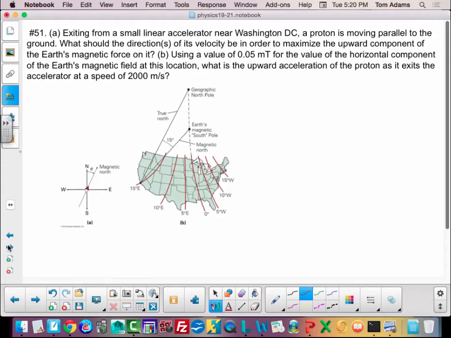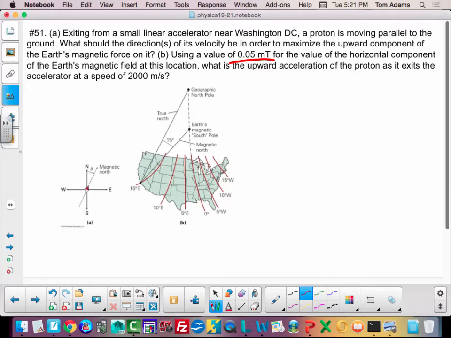All right, so now for problem number 51. It said, exiting from a small linear accelerator near Washington, D.C., a proton is moving parallel to the ground. What should the direction of its velocity be in order to maximize the upward component of Earth's magnetic force on it? Part B says, using the value of 0.05 millitesla for the value of the horizontal component of Earth's magnetic field at this location,